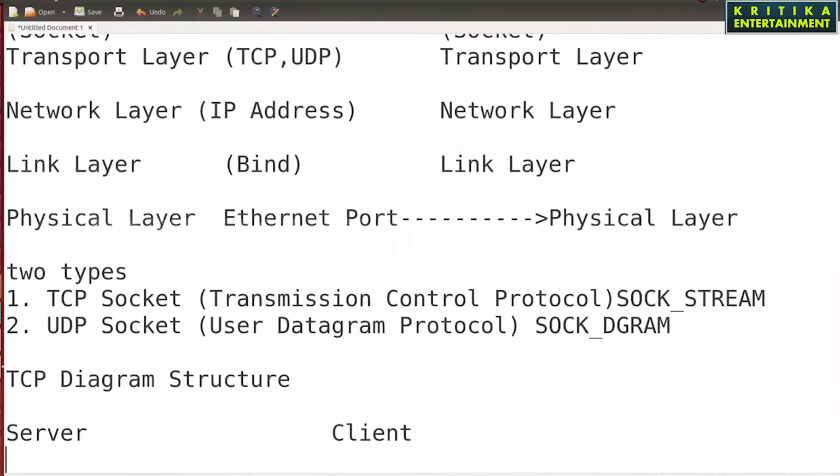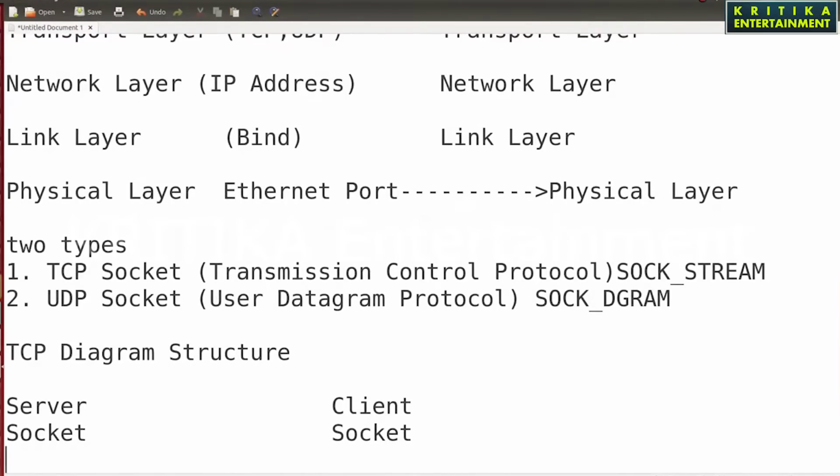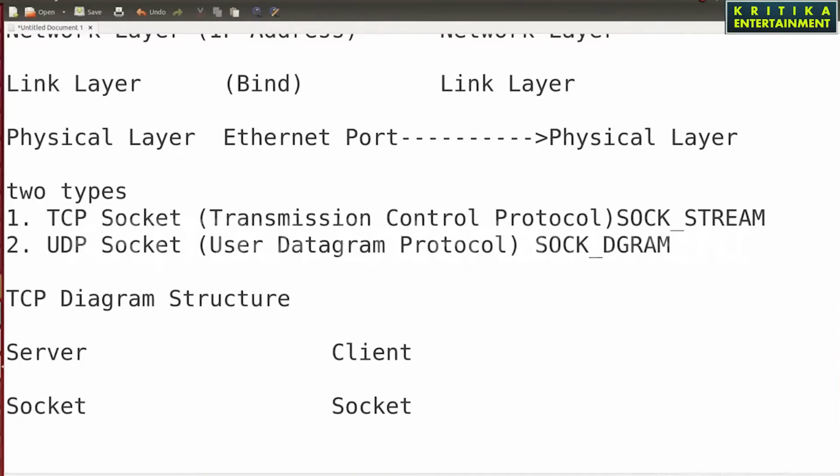The server has one socket function and the client also has one socket function. On the server side, the socket has a bind function, but on the client side there is no bind function.